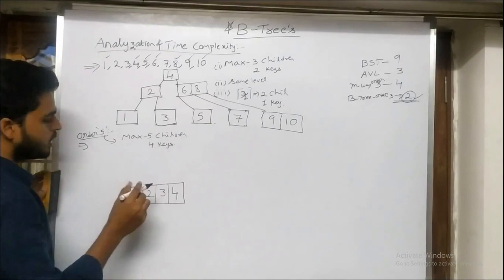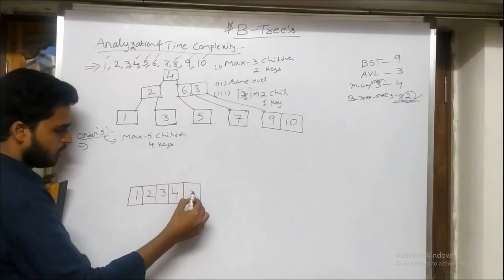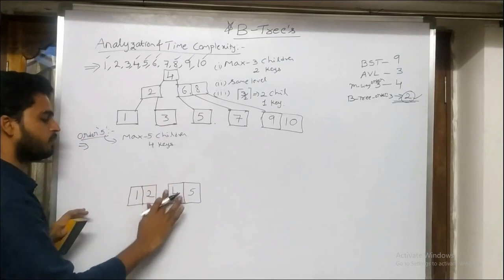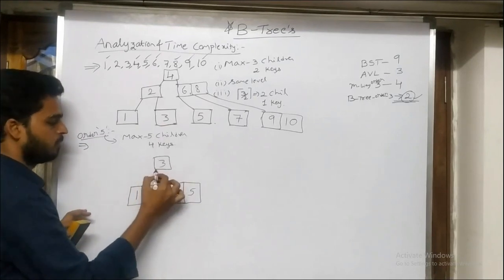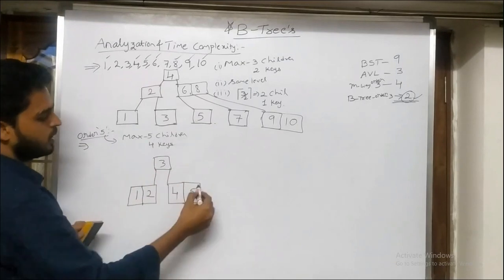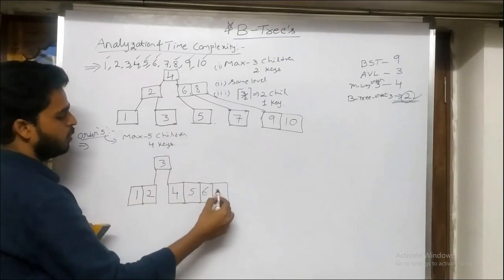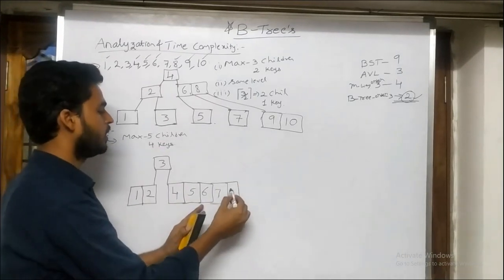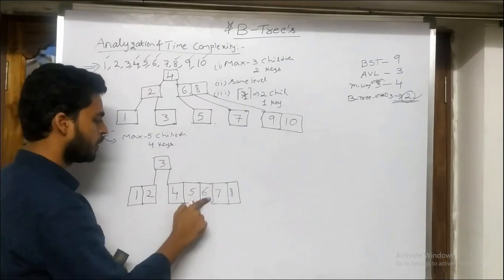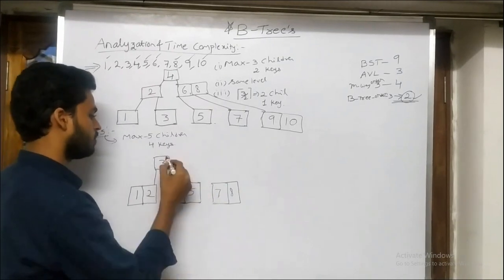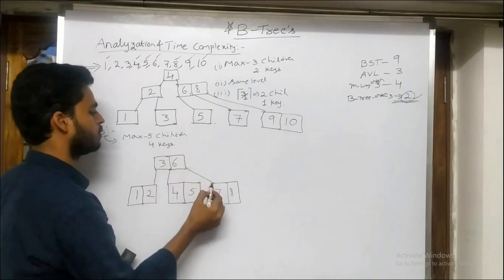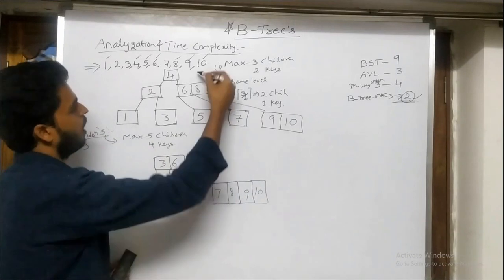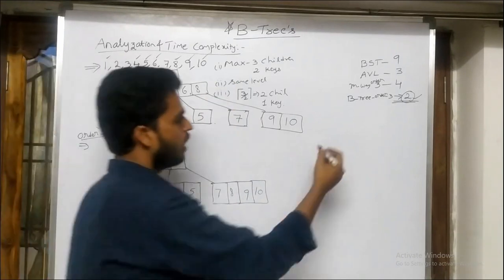Next, if I am trying to insert the value 5, it is violated obviously. When it is violated, you need to pick up the middle element and make it a parent for this. Next I got 6. 6 will be inserted. 7 will be inserted. Next I got 8. When 8 is inserted, it violates the property. When it violates, you need to pick up the middle element 6. So my 6 will act as the root node. Next I got 9. 9 is greater than 6. Come here. Okay. All the elements are completed. Now, B tree of order 5.